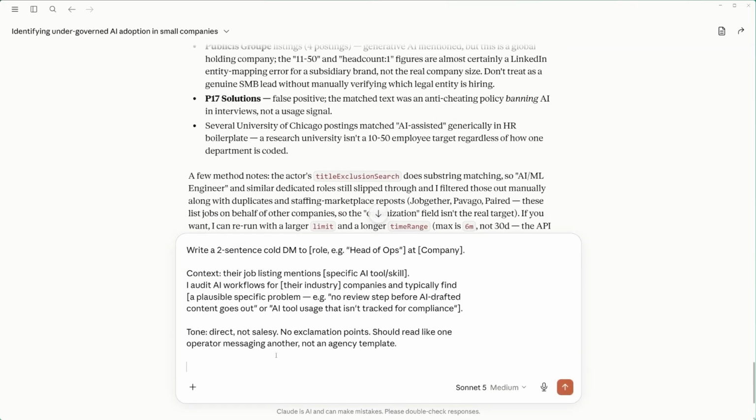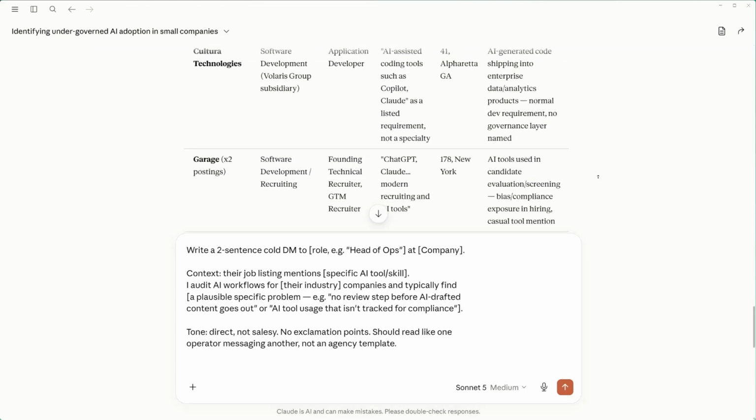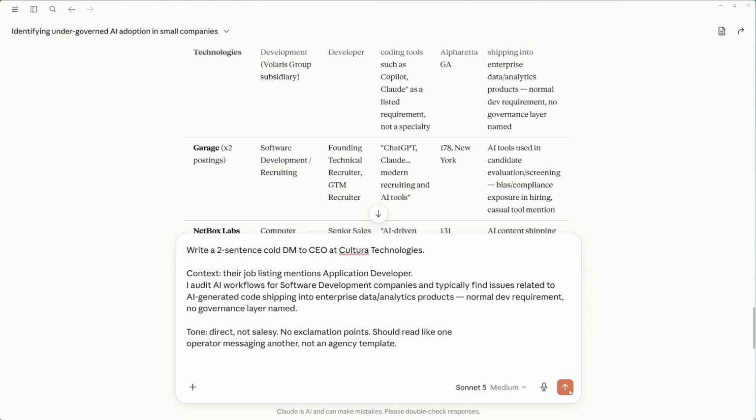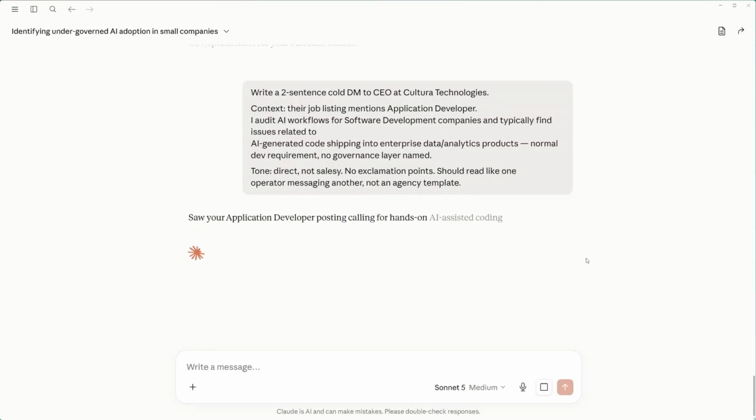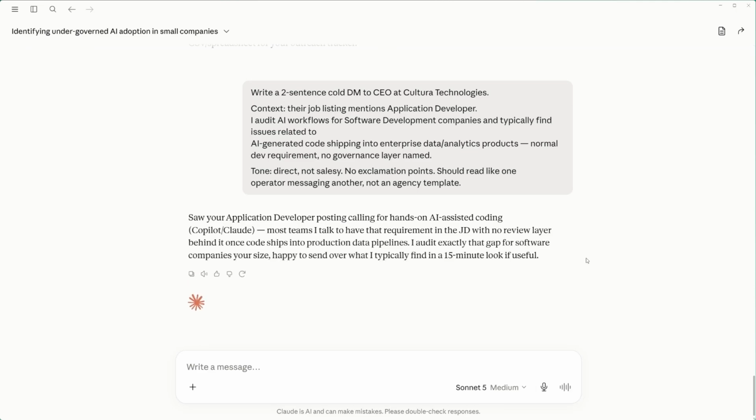Now, let's go ahead and put this prompt in, and we're going to change it based on one of these companies. So we're just going to edit a few things, and we're going to run this prompt, and I'm going to show you what kind of response we get. And the good thing is you can now find this business on LinkedIn. You can reach out to them directly. You can use Apollo to find their exact email address, and you can reach out to them via that as well. Or if you're feeling really ambitious, you can pick up the phone and give them a call.